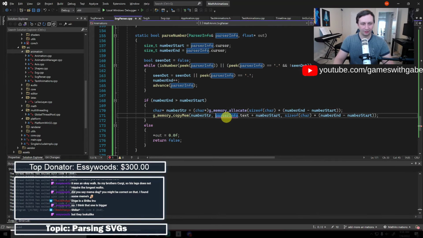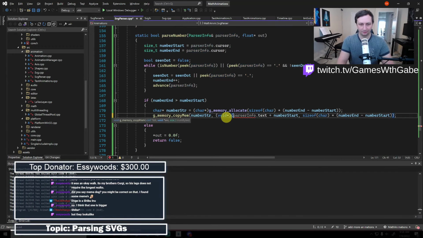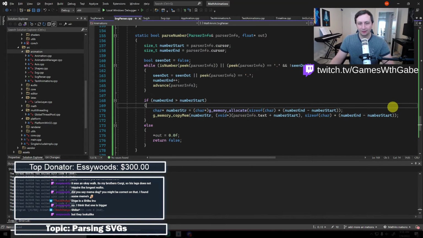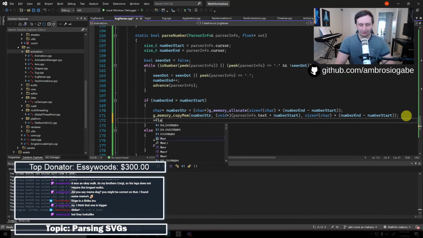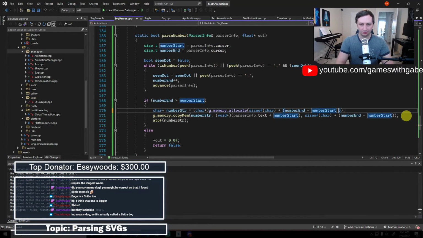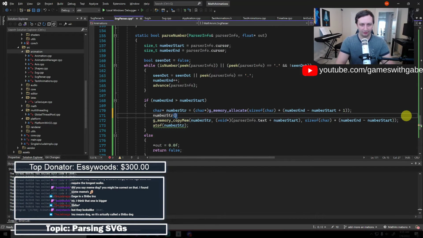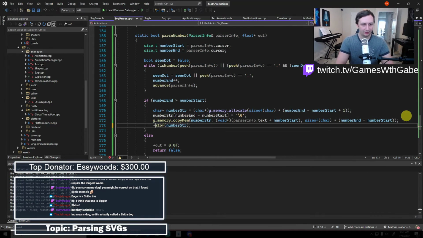Const star is invalid with void star. That's fine. We'll do that. Okay. So we copy that and then we will say start, or actually I guess we can just do A to F. No, it returns a double. Okay. So we'll say number string. Oh, and we actually want to do plus one here. And then we want to say number string, number end minus number start equals that, so it's null terminated.